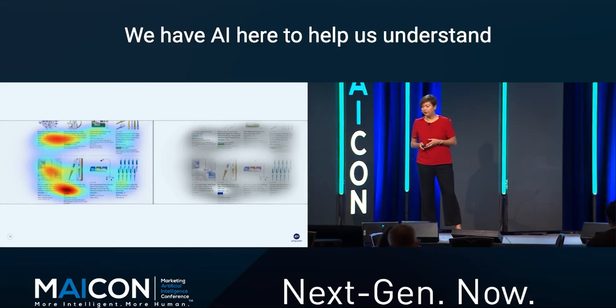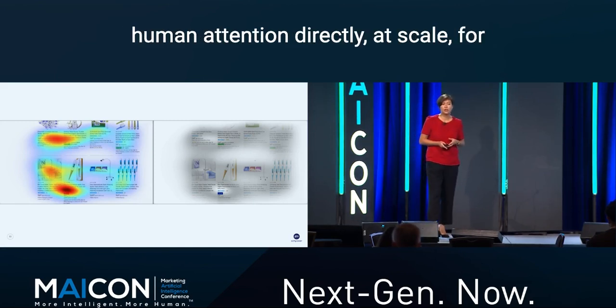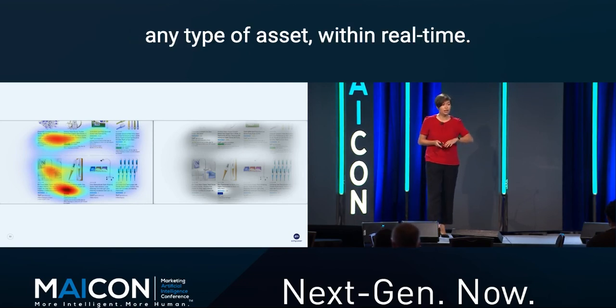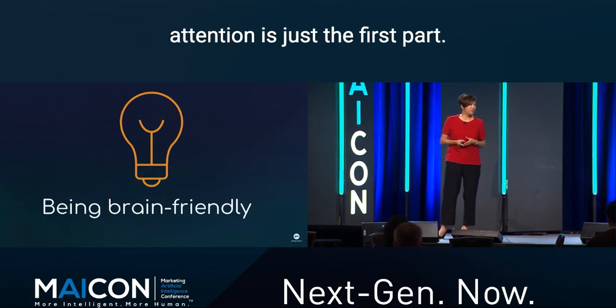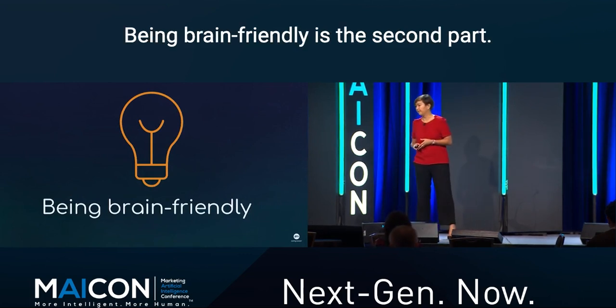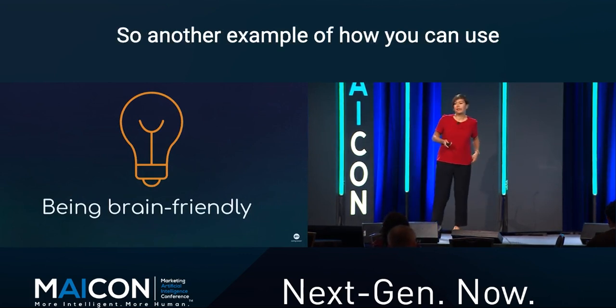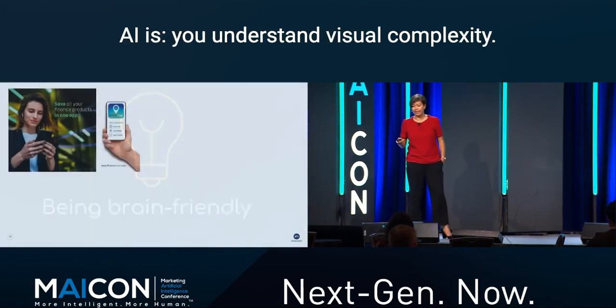We have AI here to help us understand human attention directly, at scale, for any type of asset within real time. But as I mentioned before, attention is just the first part. Being brain friendly is the second part. So another example of how you could use AI is that